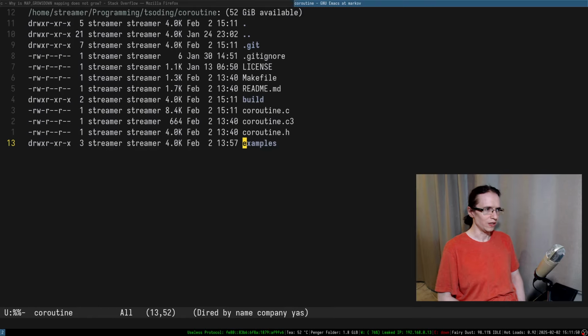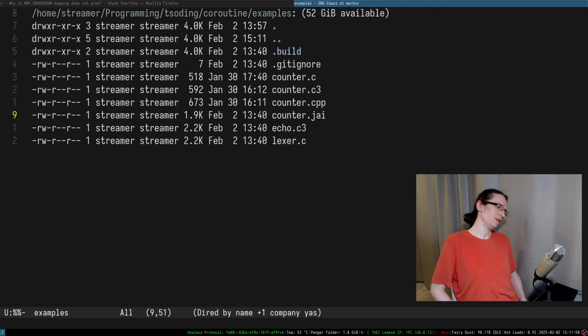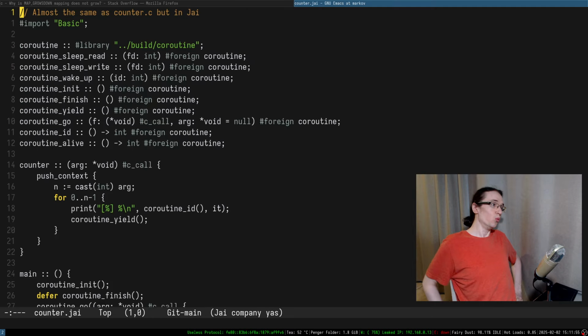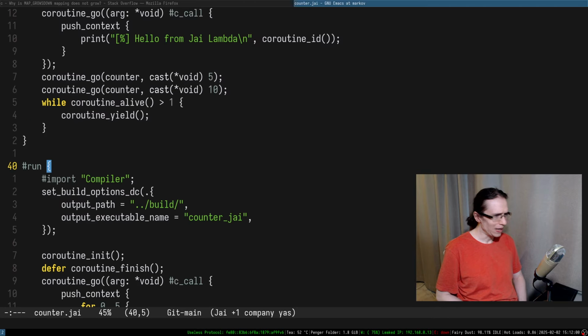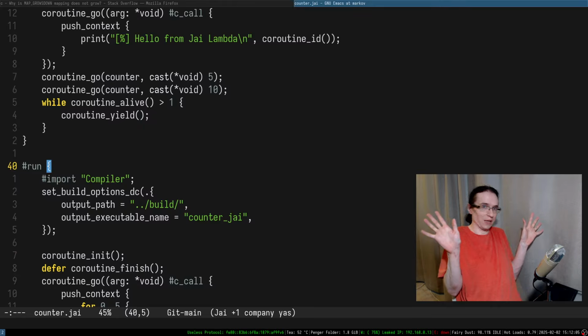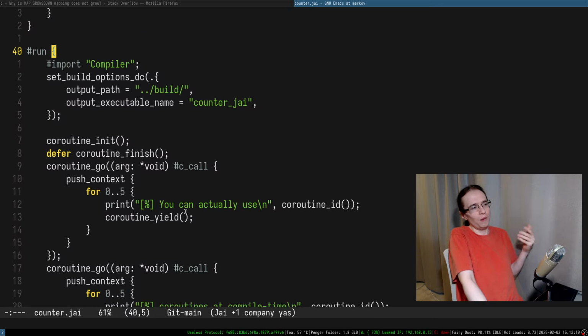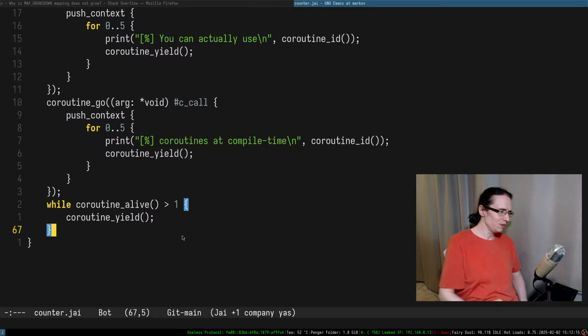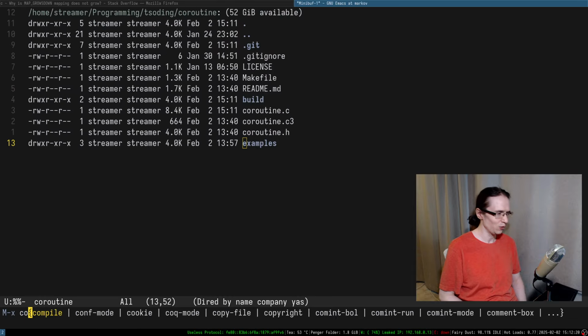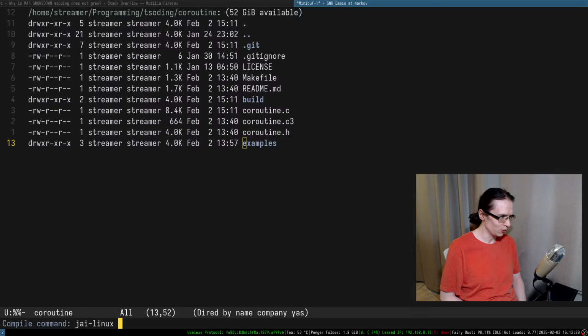So we have quite a few examples in here. Oh, by the way, I recently created a binding for coroutines in Jai, and they work. And furthermore, they work at compile time as well. Believe it or not. And I didn't do anything for that, by the way. Speaking of how based Jai is, I didn't do anything for my C coroutine library to work at compile time in Jai. I can even demonstrate that. Oh, I do have Jai Linux in my path, so that means I can just do something like,